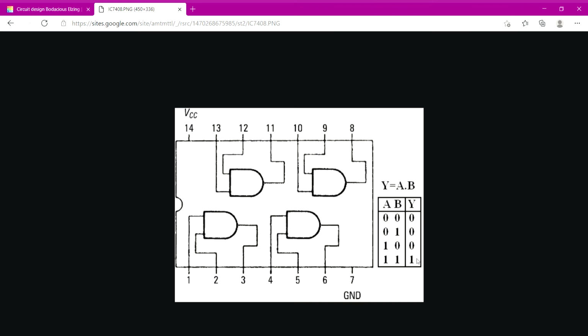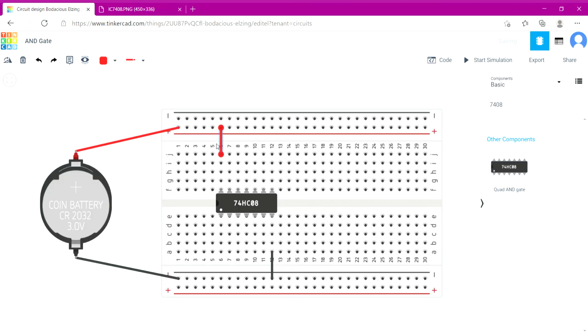Case 1 was A and B both 0. For that, we will first connect pin 1 to 0, that is negative, as well as pin 2 to negative.